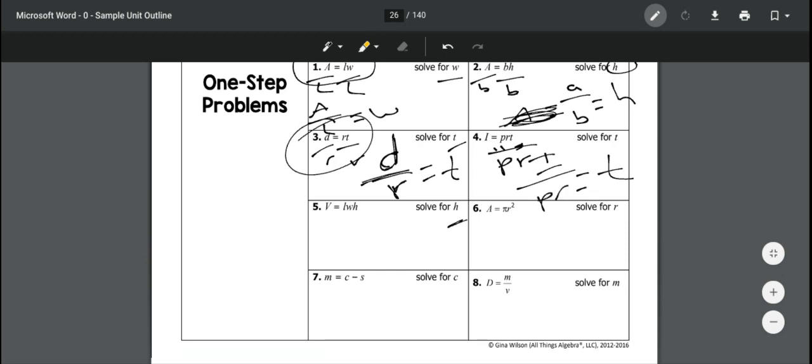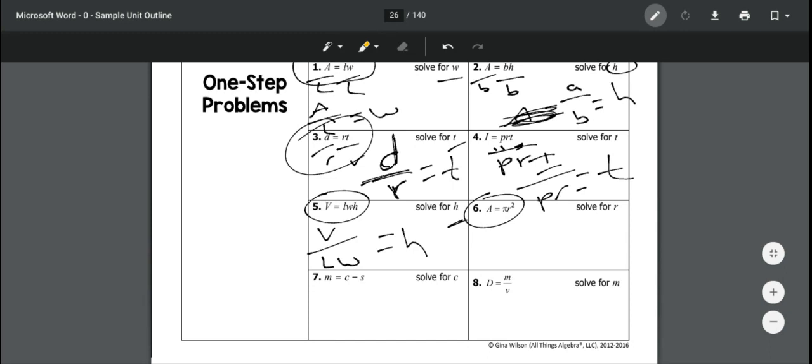Okay, solving for H, same thing. We're going to have V divided by LW equals H. So if you recognize that, that's the volume: length times width times height. Okay, here's the area of a circle formula. So these will help you if